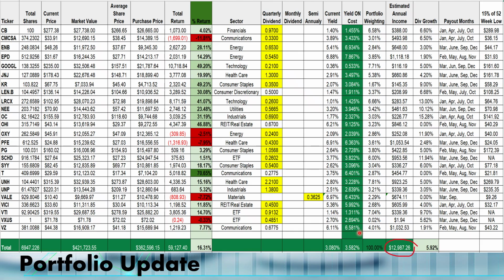My yield on cost, 3.582%. And this is what I'm focused on. That's why it's circled over here in the red. The dividends paid out from all the different positions in the portfolio continues to grow week over week, month over month, year over year as I add new capital weekly, which I do, as the positions in the portfolio pay out dividends and those dividends get reinvested, and as they raise their dividend over time. And it currently sits at